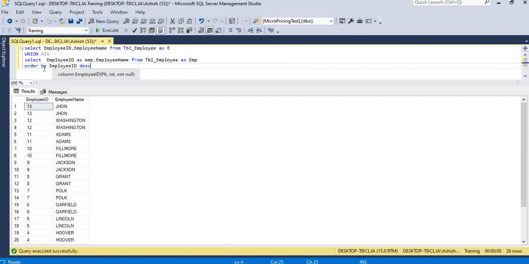We can use order by, but it is always used in the second query. Union all is faster than union because it does not sort the records and does not remove the duplicates, but union removes the duplicates and sorts the data. So this is how you can differentiate union and union all.